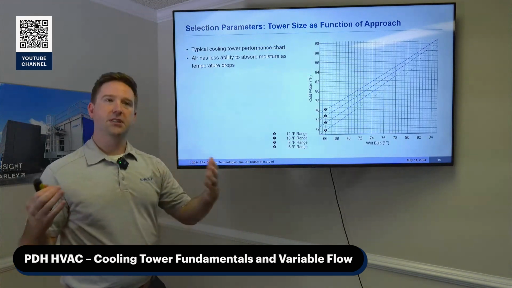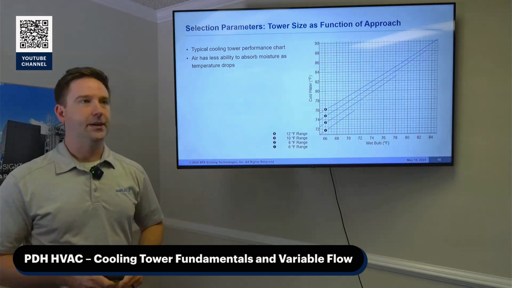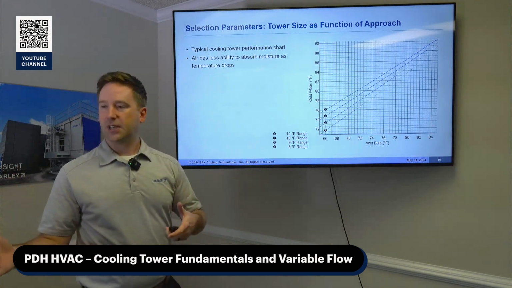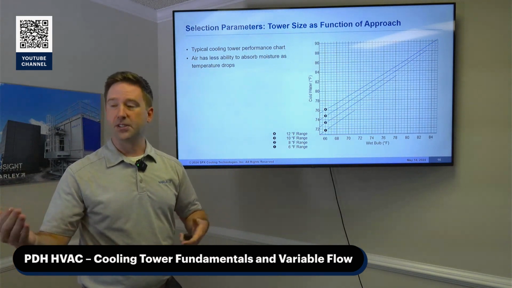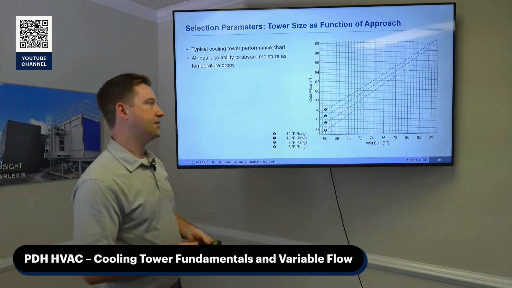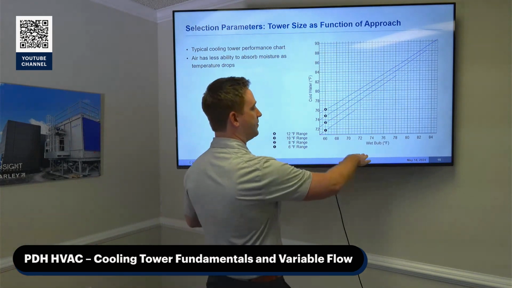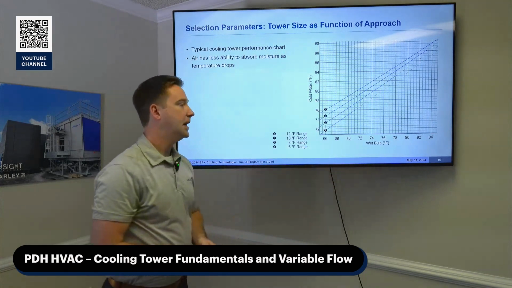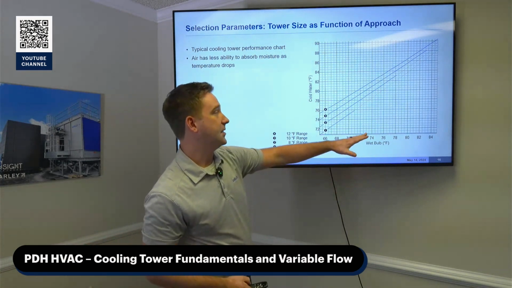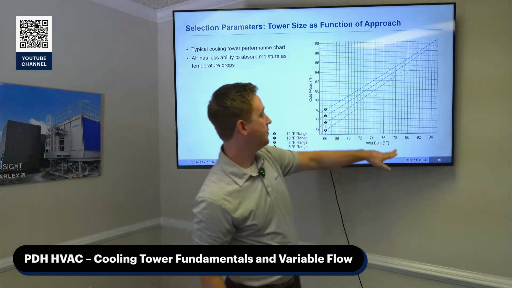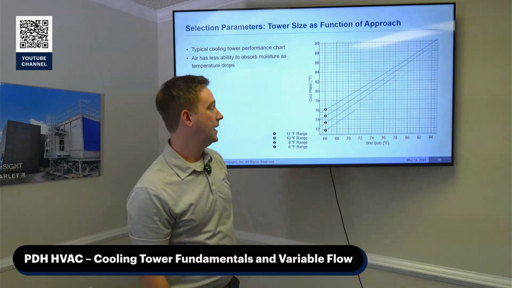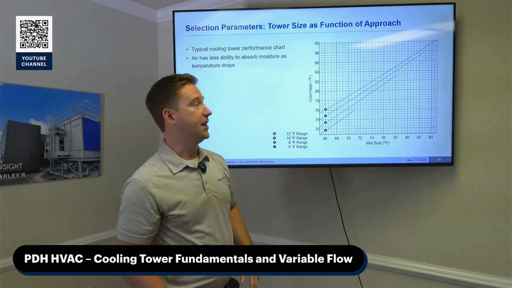And something else I kind of want to touch on because it's counterintuitive. A lot of times whenever you're sizing your tower, you just think whenever it's colder outside, it's going to be a lot easier for the cooling tower to reject that heat. But that's not actually the case. So in this example, you have a wet bulb temperature and cold water. And if you're looking at it, say you have a 78-degree wet bulb temperature, you come up here and you're at an 84-degree cold water. So that's a 6-degree approach.